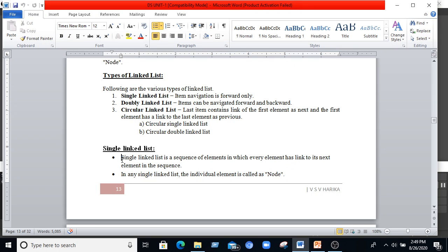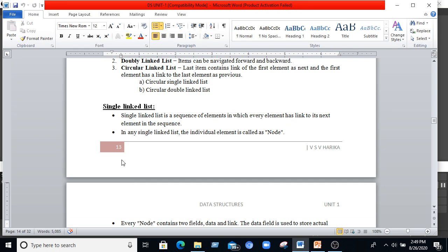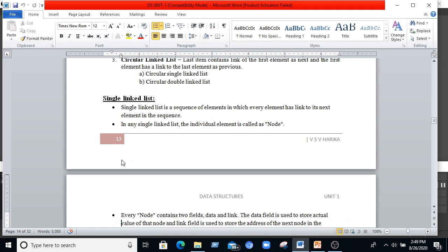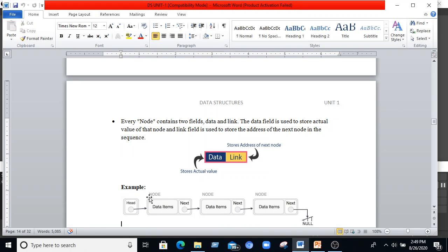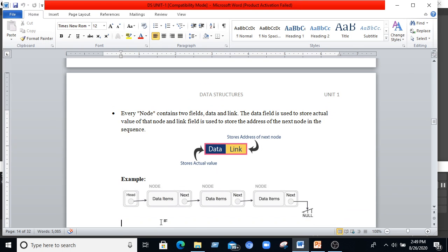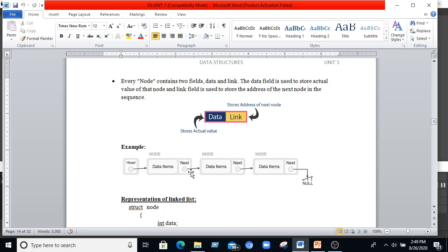Now the single linked list. A single linked list is also a sequence of elements, as we said earlier in the linked list definition. It has the next element address too, and in every single linked list each element is a node, and a node consists of two fields, the link part and the data part. The data part consists of the actual value that the node holds, and the link part consists of the address of the next node. In this way we represent the